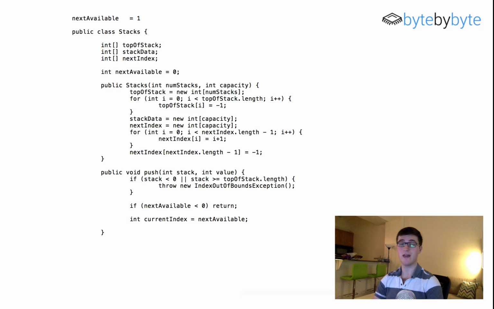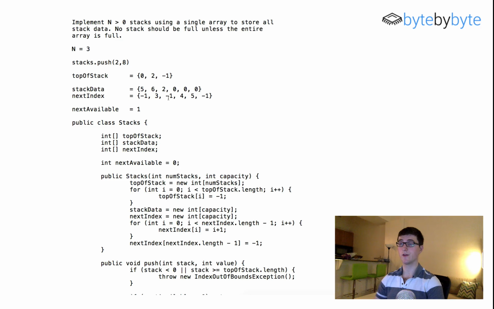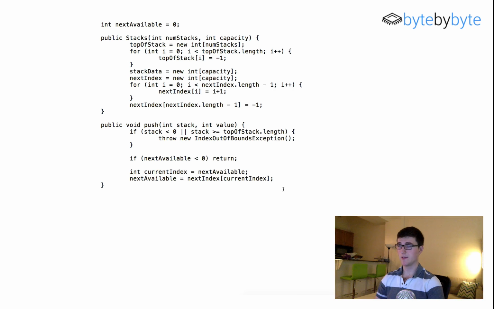And I'm going to say that next available is now equal to next index current index, because that is the value that we stored in here, pointing to where the next available cell is. So next available equals next current index, and then I want to set the stack data, so stack data current index equals value,